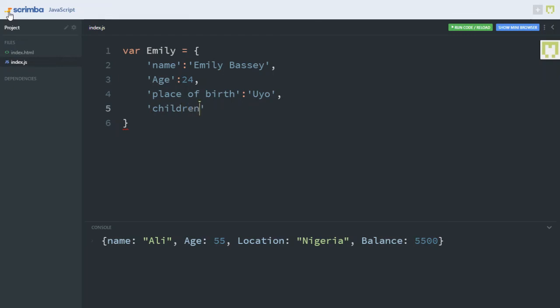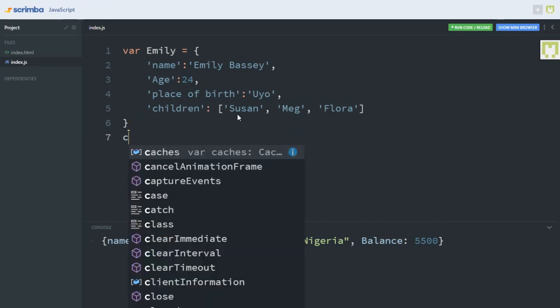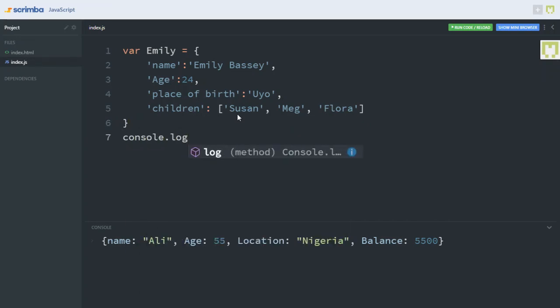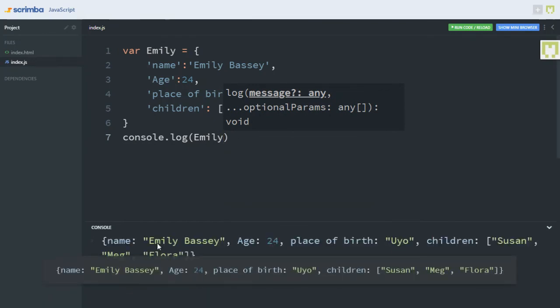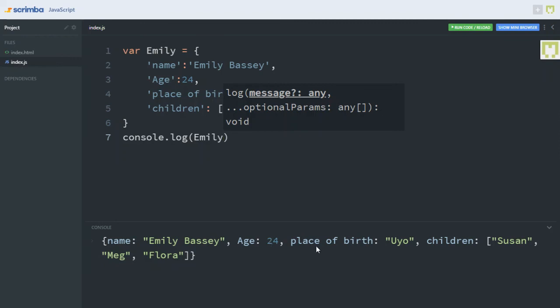and let's set the children key. So let's say she has a child called Susan. She has another one called Meg. She has another one called Flora. As you can see right here, I placed the children in an array. Let's console.log this object called Emily and see what we have. As you can see, we have the name Emily Bassi, age 24, place of birth Uyo, children Susan, Meg, and